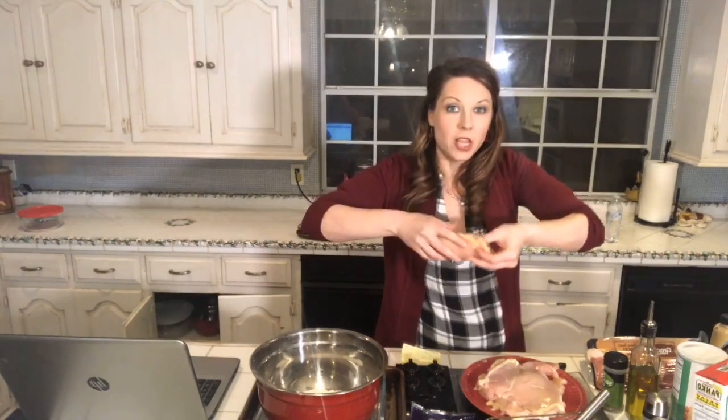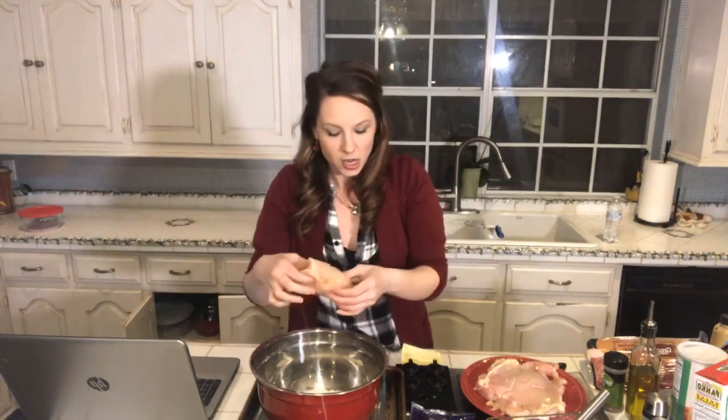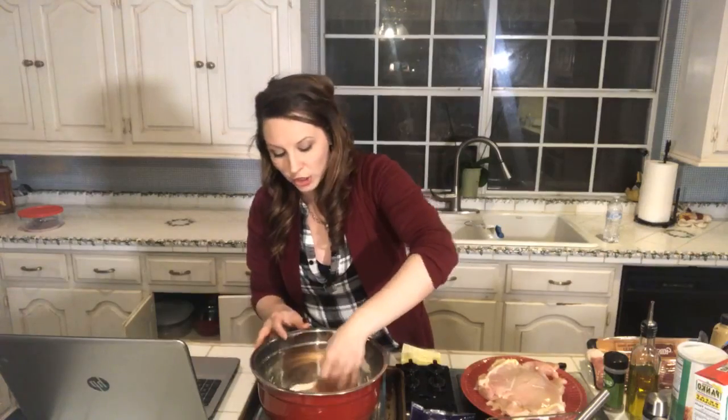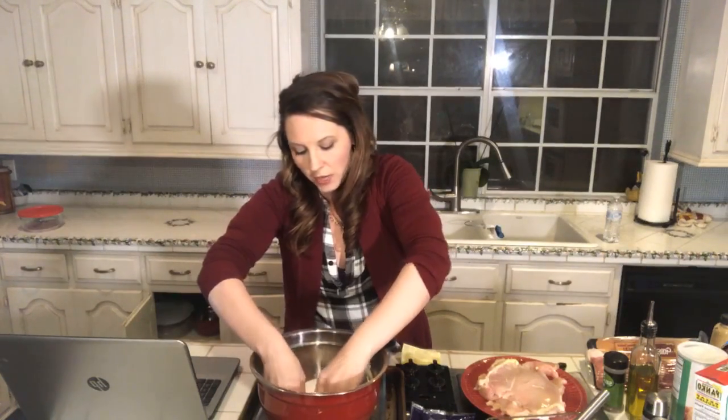That's a big old hunkin' piece of meat. Anything that is meat, stuff with meat, you got my heart, okay? All right, so you just roll it up, looks just like that. You don't need to put anything else on there. I am going to dredge it in flour. And if you want to be clean about it, you could always use,